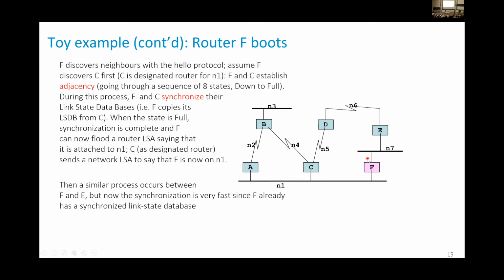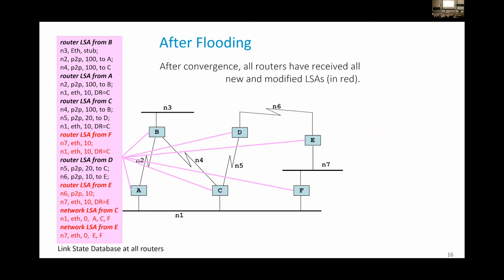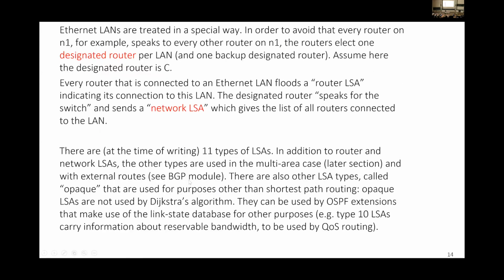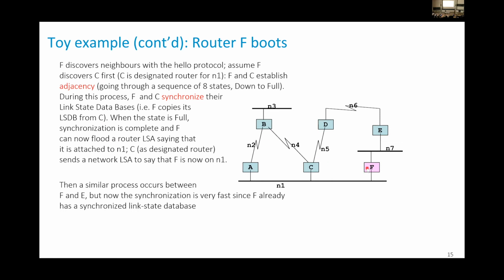Let's assume here, for example, F now boots, and F is connected to N7 and N1. What will F do? Well, with the hello protocol, F will synchronize with C and will also synchronize with E. Synchronization means, first I will discover that C exists. I will also discover that C is a designated router. And synchronization means C will send to me, F, all the database that it already has. So from the previous slide, all this information that C has now will be passed to F, so that F does not need to wait until the LSAs are refreshed by B, etc. So that we have a very quick,